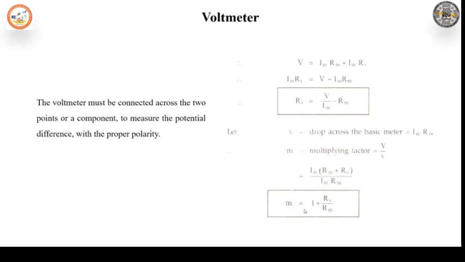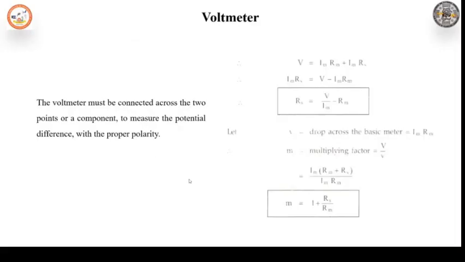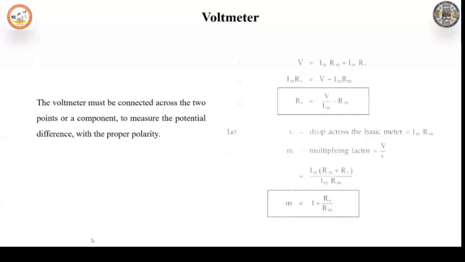The voltmeter must be connected across the 2 points or a component to measure the potential difference with the proper polarity. This is very, very important. So that completes the discussion about voltmeter, basic voltmeter, introduction about the